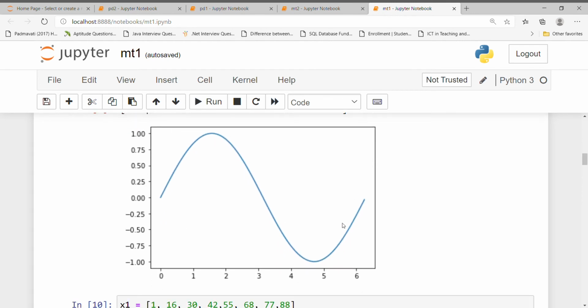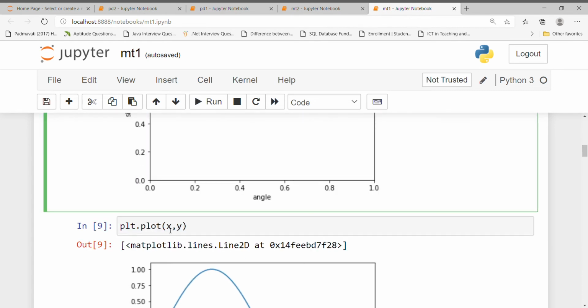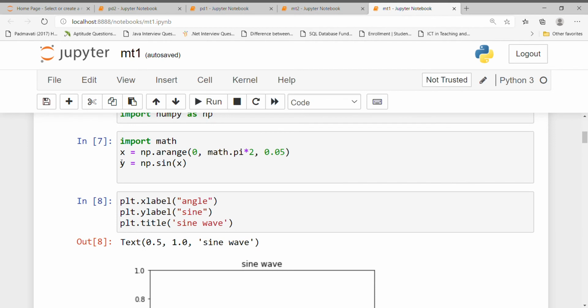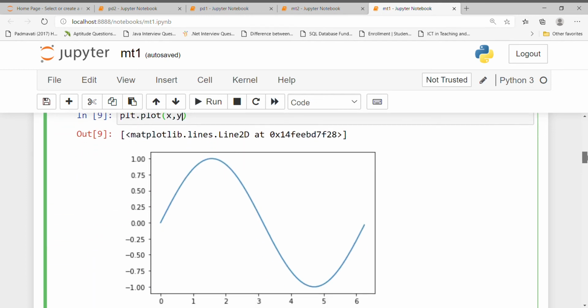So here we have displayed our plot by using this plot function. In this plot function, we pass two variables x and y. x and y are nothing but the numerical values of x and y. x contains np.arange and y contains the sine of this x. In this way, we have plotted our simple matplotlib plot.